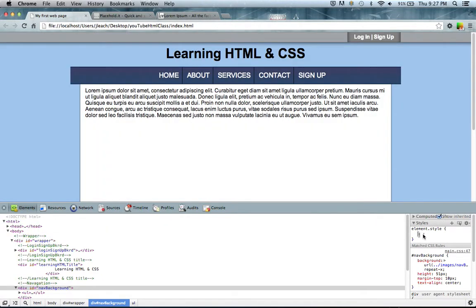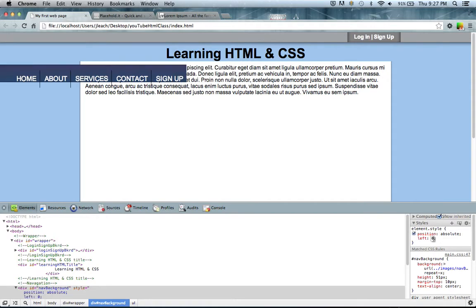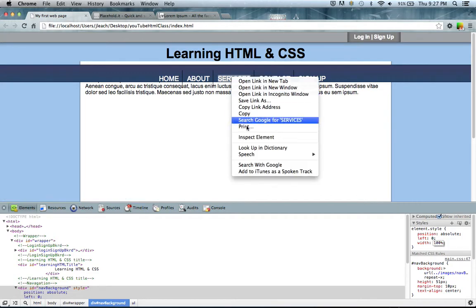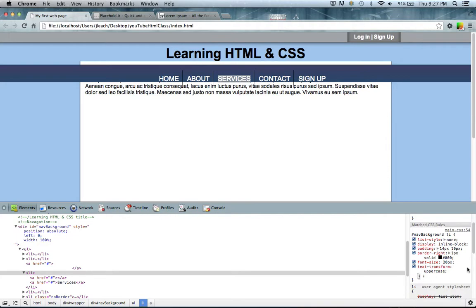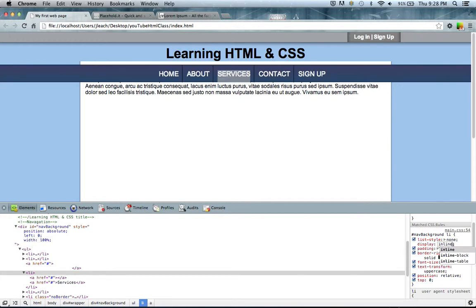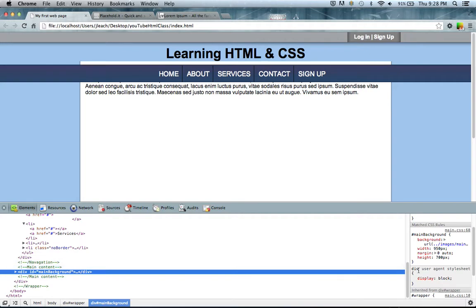So we'll have to change this to a position of absolute. So this will go outside of our scope as far as everything, and then we'll put left 0, width of 100%, so it goes all the way. We change our LIs. Now I'm going to LI class. I'm going to click here and add position relative, top 0. Change this to an actual inline because it'll line up correctly. Put the padding down to 15. And this should shift to